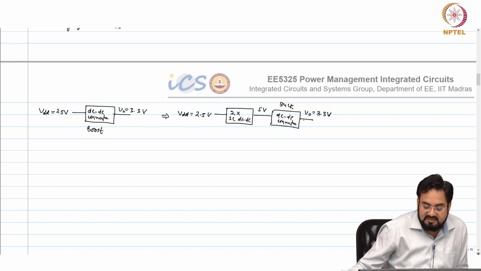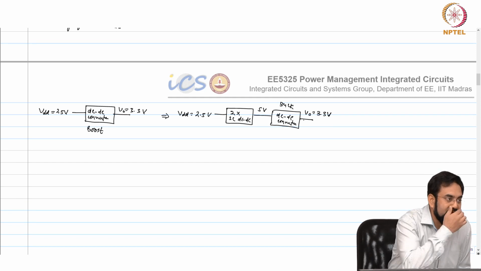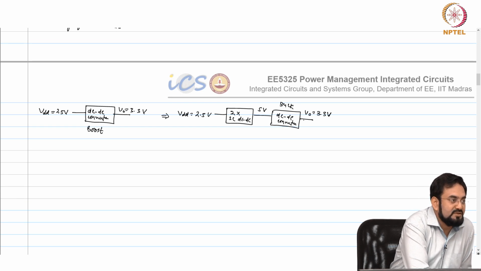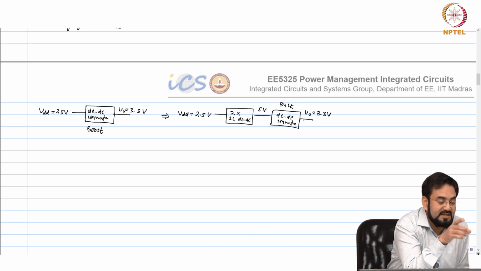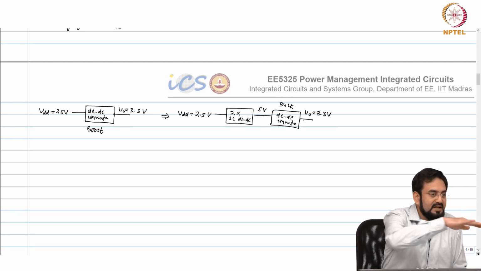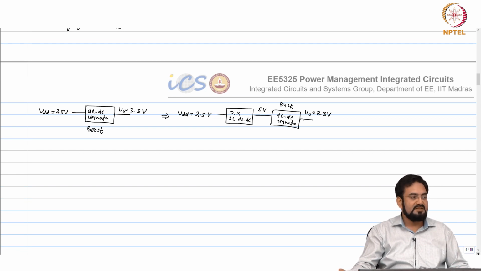One advantage is it will respond to transient much faster because it does not have any right half plane 0, there is no discontinuity as such. Another advantage is your output ripple. In case of boost, while the inductor is charging, output is disconnected. So the output capacitor is supplying all the current. So in order to get the same ripple, your output capacitor requirement will be much larger compared to buck. In case of buck, we know the inductor current is continuous. So the capacitor size will be much smaller in case of the combination of switch cap and DC DC converter.